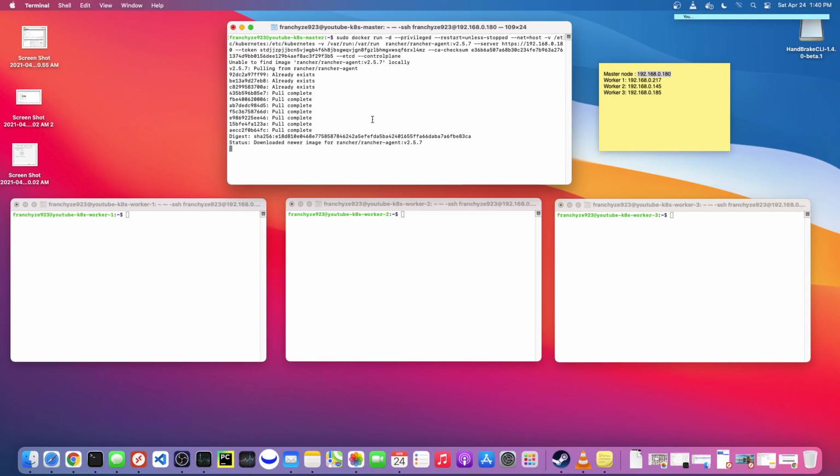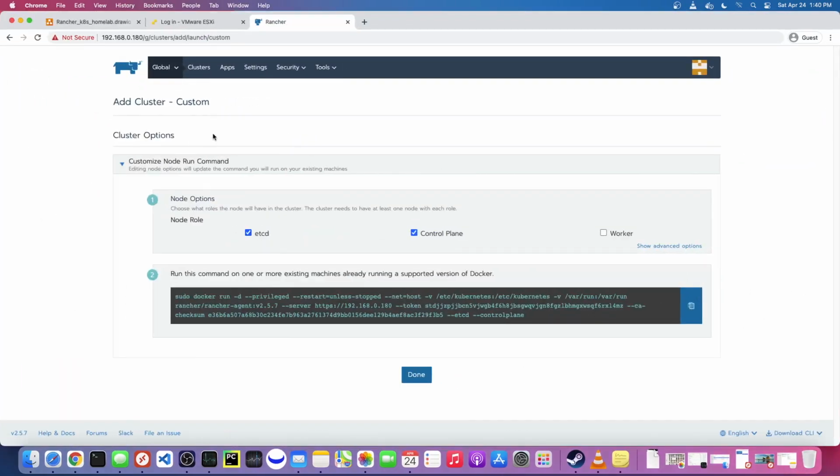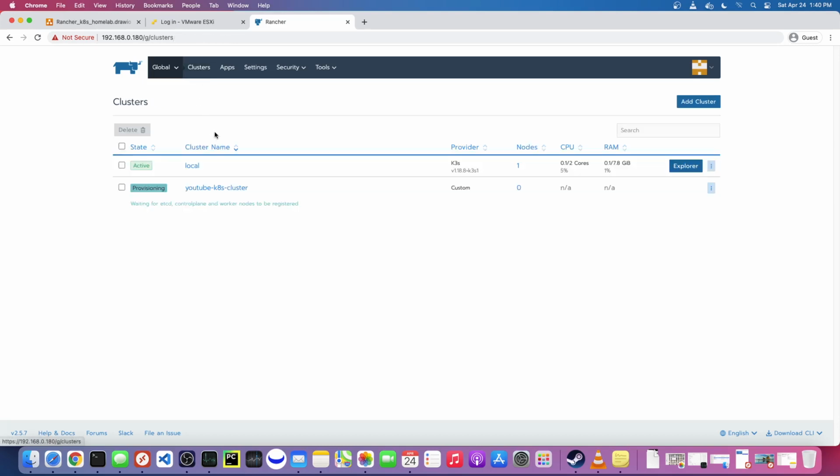Looks good so far. And then once this finishes, we're just going to check to make sure that it's reflected in the web console. So if I go to the cluster, here we go. So it's provisioning this,